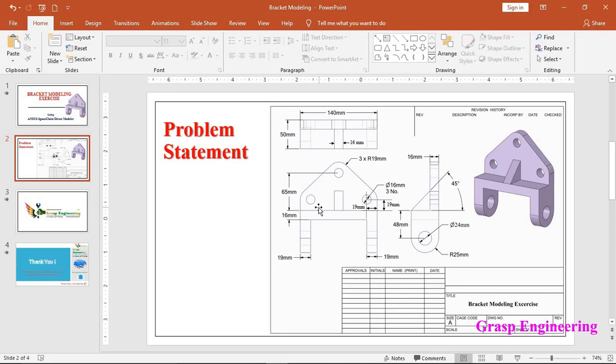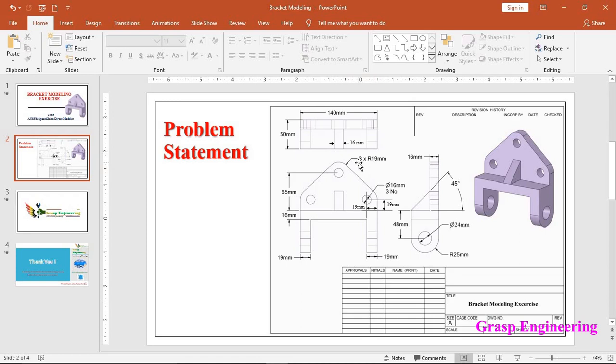Here, if you see, there are very few dimensions; we don't have the topmost and horizontal dimensions. So in order to create this plate, first look into the dimensions which are available. From this part, the horizontal part, you will find 65 mm. There is one circle, and after that circle you will find a 19 radius. Basically R19 is nothing but 19 mm of radius.